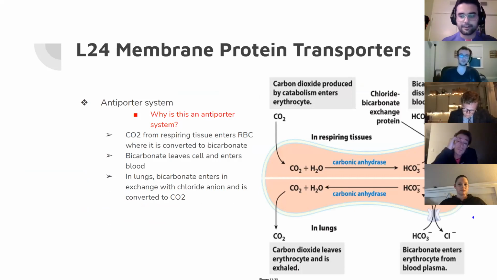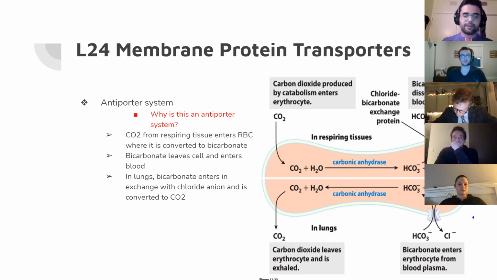You're going to see right here, remember when we talked about for exam 1 the carbohydrates and the bicarbonate buffer? This is kind of like what's actually happening, right? This is like a level above of what we just talked about. As we're breathing, we form carbon dioxide. It enters our erythrocytes where it goes through carbonic anhydrase to form bicarbonate and hydrogen ions. The bicarbonate leaves this respiring tissue while our chloride ion goes inside our erythrocyte, or our red blood cell, okay?